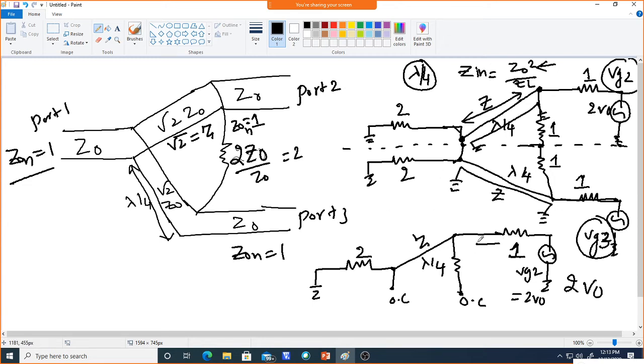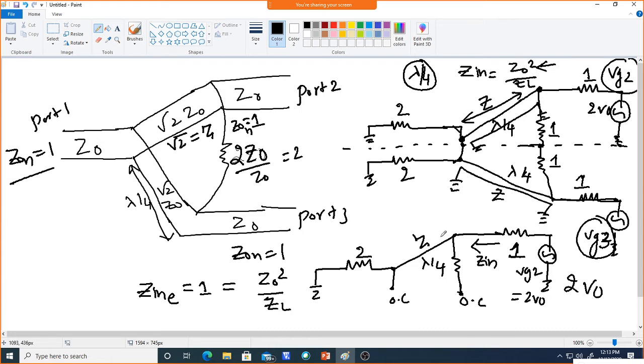So now if I look into the input impedance at this side, since this is open circuited and this is open circuited, whatever impedance we look at from here, the current will flow completely here and it will go here. So your input impedance will become the same normalized value in the even mode, which will be equal to 1. Okay, so now if I want to find out Z, this will be equal to again Z0 square by ZL. So we apply the same equation.